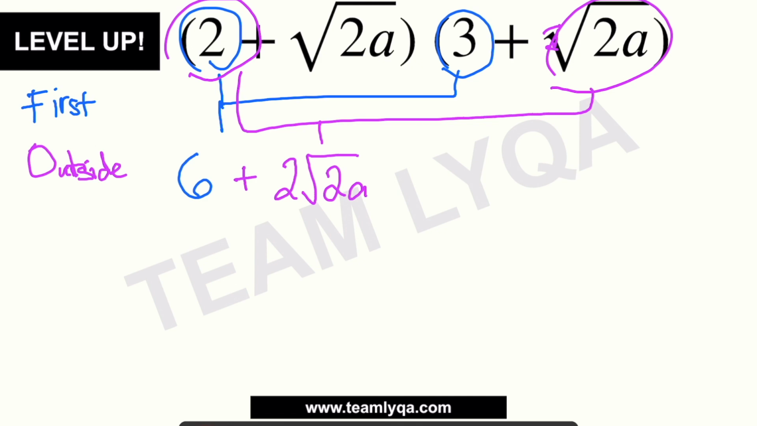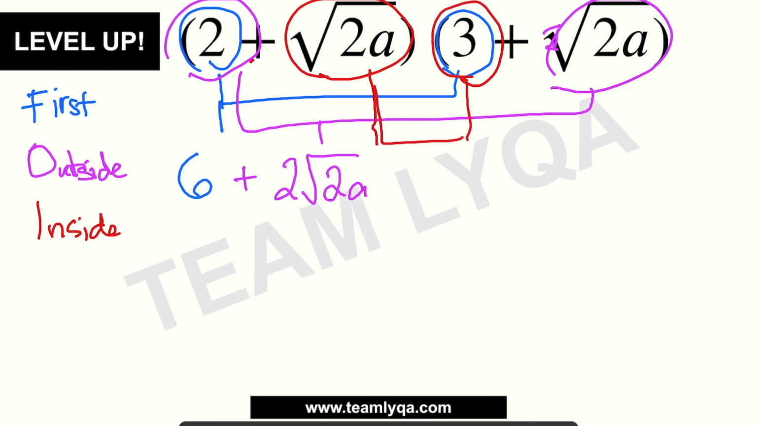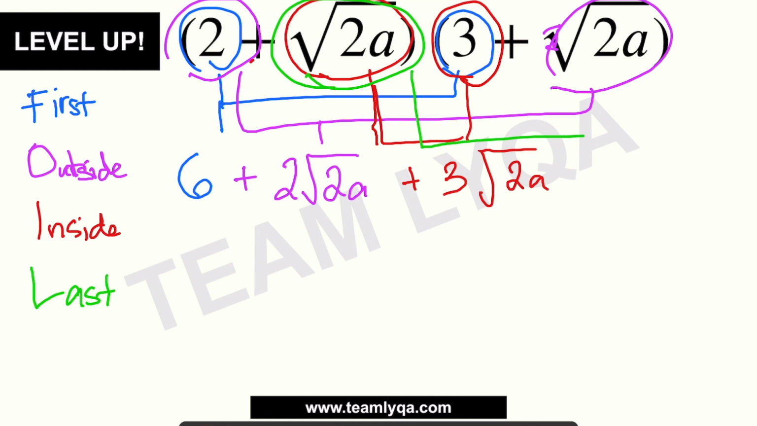Okay? Inside naman. Okay? Inside, you have square root of 2a, positive siya, times yung 3. Inside siya. So, this will be plus 3 square root of 2a. And then, yung L is last. Ano yung last? You have square root of 2a and pagsasamahin ko siya dun sa isa pang square root of